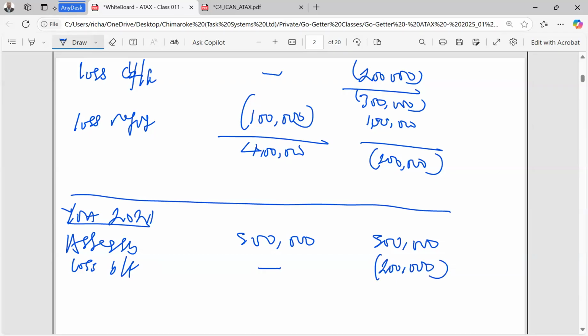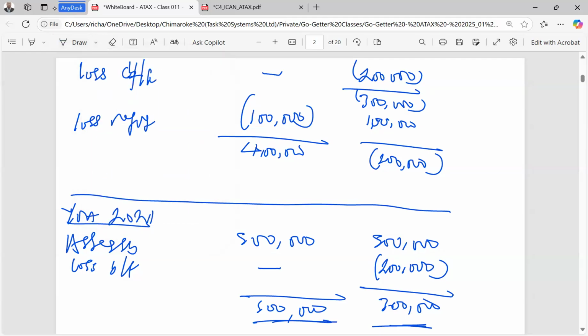So you only relieve this loss. And so here will remain 300 and here will remain 500. So I have simply demonstrated how current year losses are available for relief in the same year. Once you cannot relieve all of them in that same year, it becomes a carry forward loss, which will wait until there is an income or profit from that same source before it can be relieved. Whereas the current year losses will be available for relief in the same year from other sources.